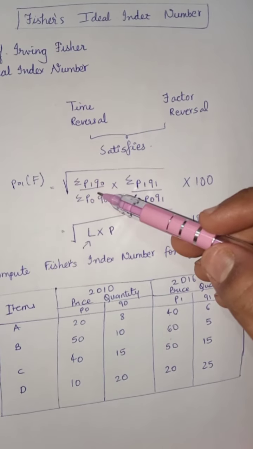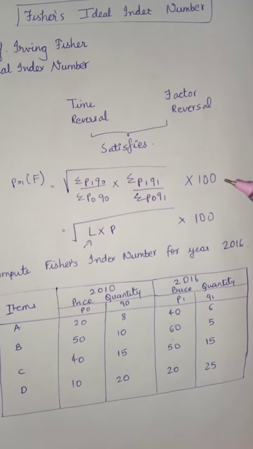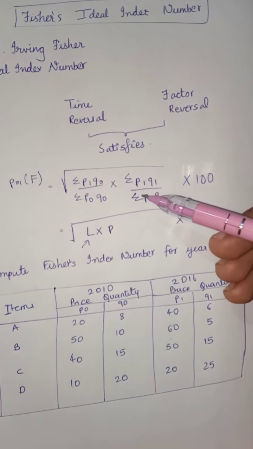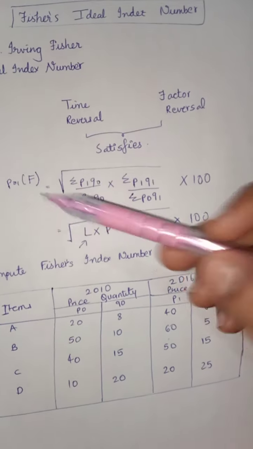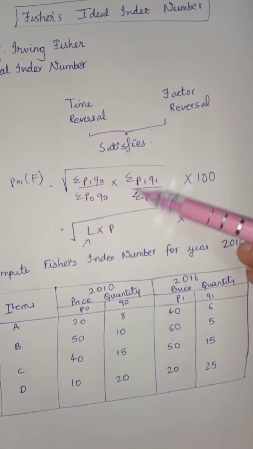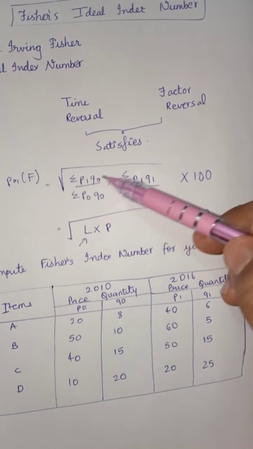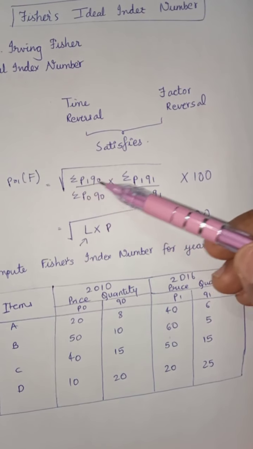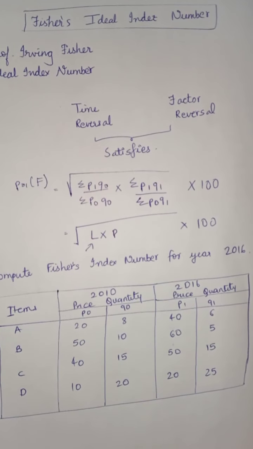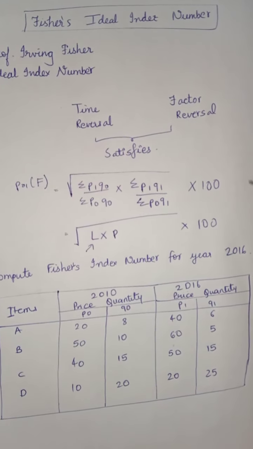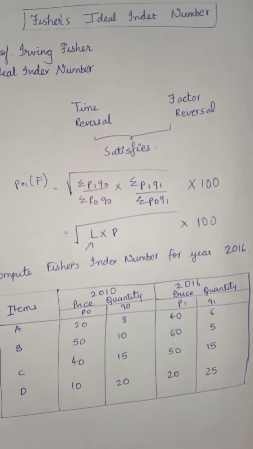In the Laspeyres method, we saw that Q1 was neglected, whereas in Paasche's method, we saw Q0 is neglected. Here, in Fisher's method, we are doing a combination of both, so that all the data, that is P1, P0, Q0, Q1, are taken into consideration. Hence, we say this is an ideal index method.